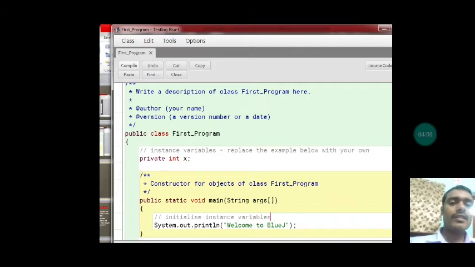This is the main function of Java, and the execution of the program starts from the main function.